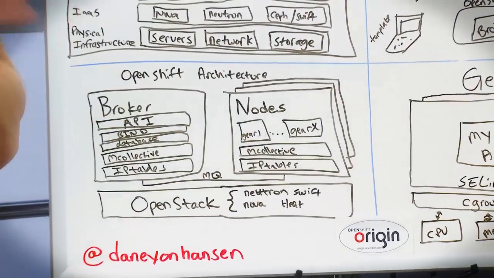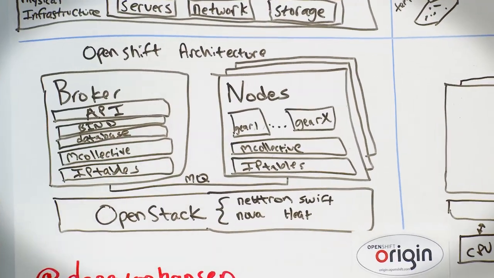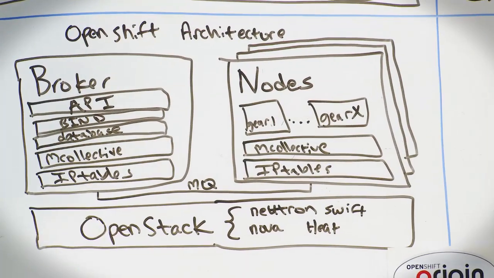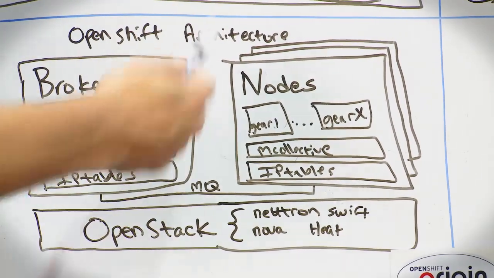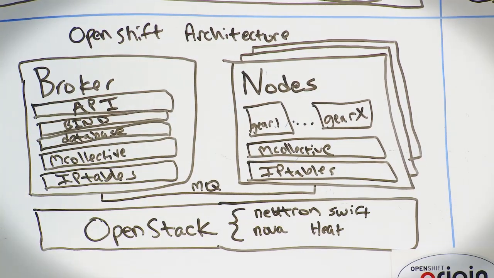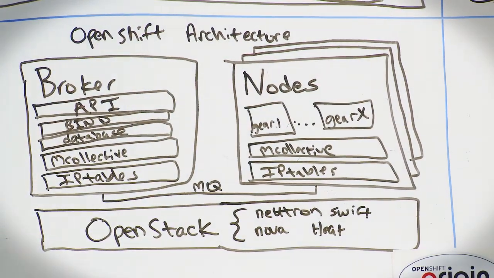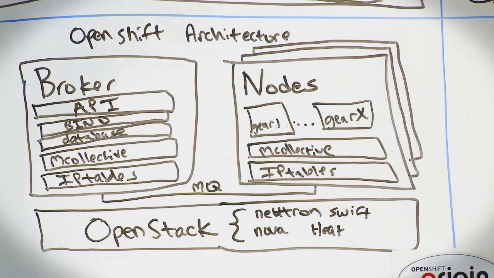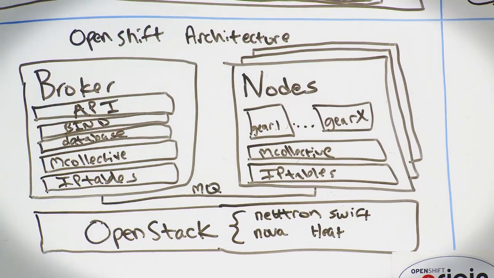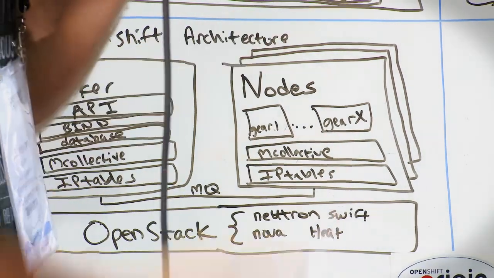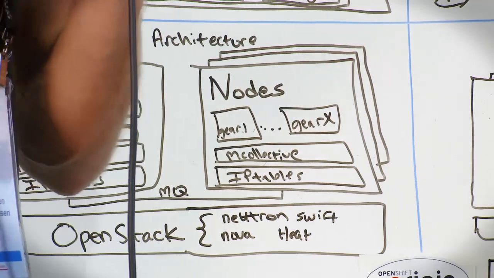These other areas, the OpenShift architecture, we talked about the broker and the nodes. At a high level, the broker's handling all the management functionality, exposing the API endpoints to users, and the nodes are actually running the applications themselves and talking to one another over a message queue. Let me hand it over to Diane just to talk a little bit about the last quadrant.